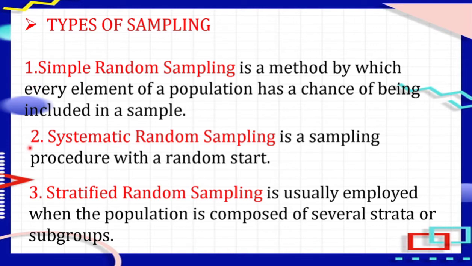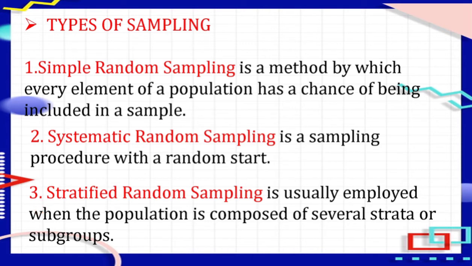Next is systematic random sampling. Kapag sinabing ganito, you will be following a procedure with a random start. So meaning, you will get the list, kukunin mo ang list, magdi-decide ka, halimbawa, ang kukunin ko ay 50. So, I decided na yung ikasampung pangalan sa aking lista yun ang kukunin kong sample. So, every 10th member or 10th names will be used as your sample.